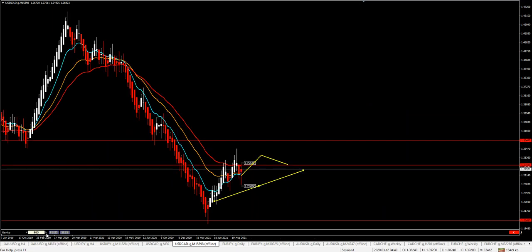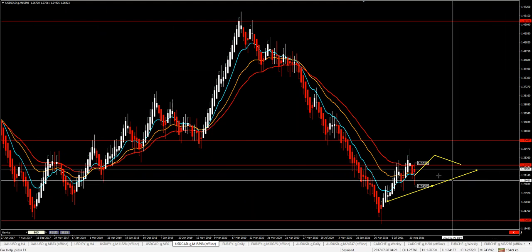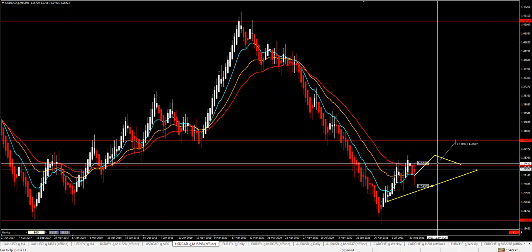But I want to go long because I already have a reaction. Continuously higher lows. Price is on a very powerful combined resistance area. Now, I would like to go long for my win-win scenario till this area, but actually, I will be going for this area, that far away. So I will be going within this area for my win-win scenario for 260 pips, but actually I will be going for